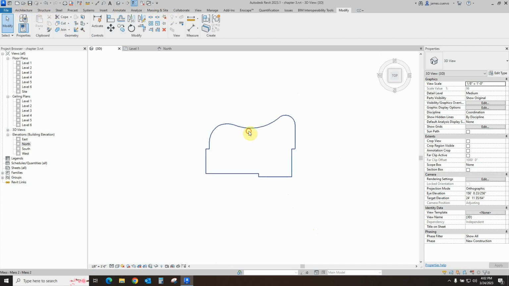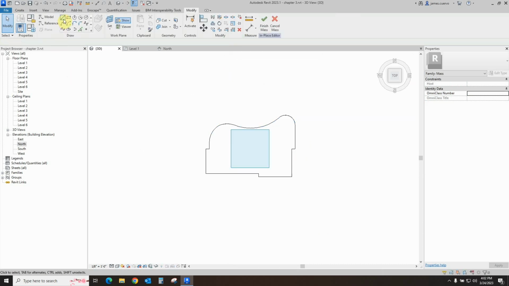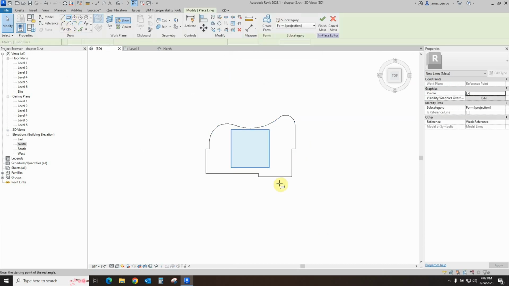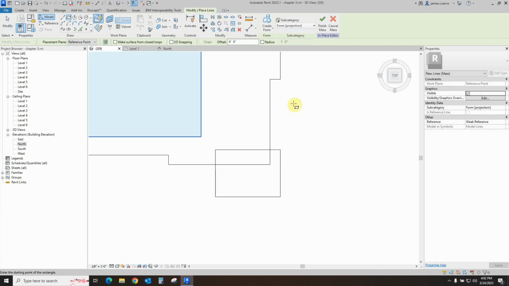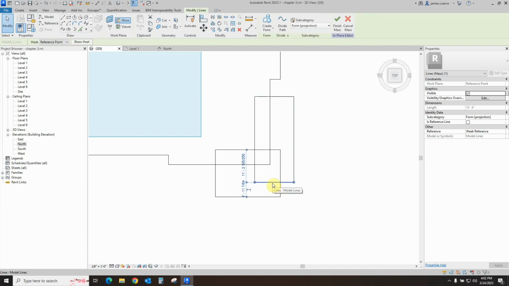Select this object first. We'll go ahead and set it in place, and we'll define a rectangle, say like this. Okay, and let's create another one, say like that. Now that we've got that done, let's do a little bit of cleanup by selecting this